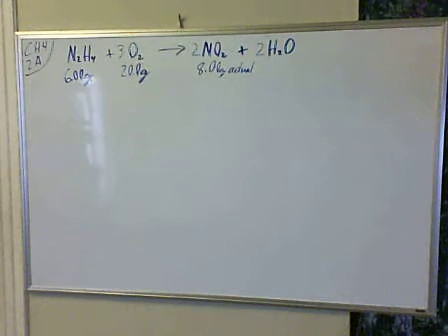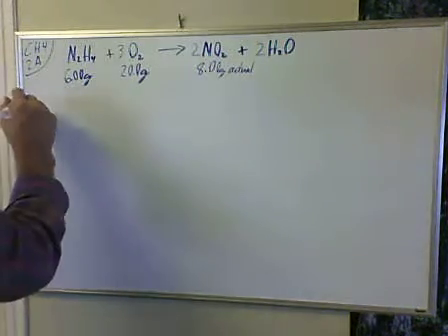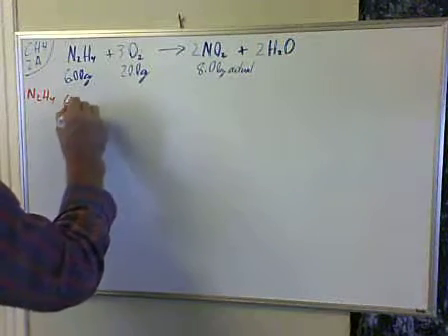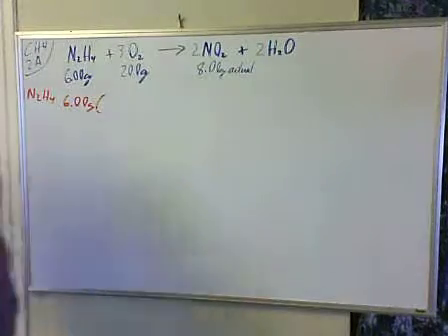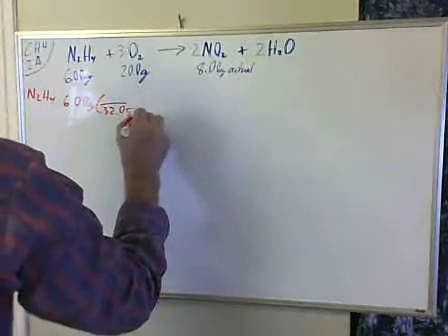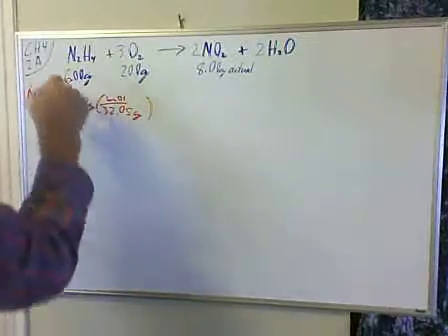balanced chemical reaction. So we have mass of both reactants, so we have a limiting reactant type of problem. So we have to determine which reactant is the limiting reactant. So we calculate the moles divided by the coefficient to determine which is the limiting reactant. So we take our mass, divide by the molar mass, divide by the coefficient,